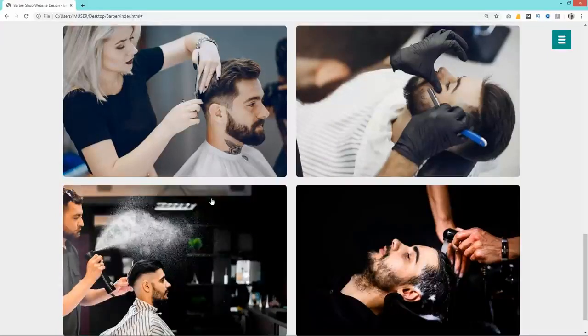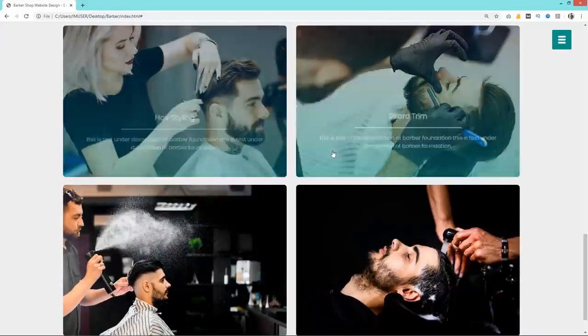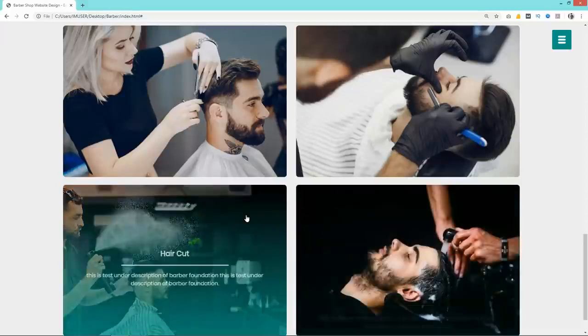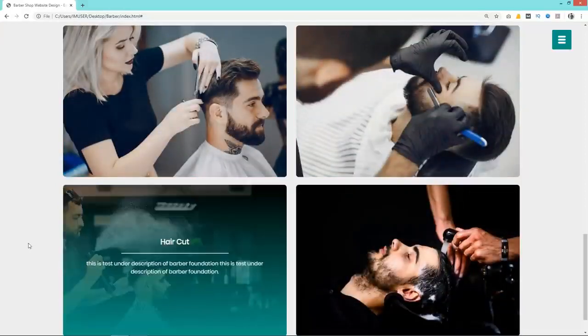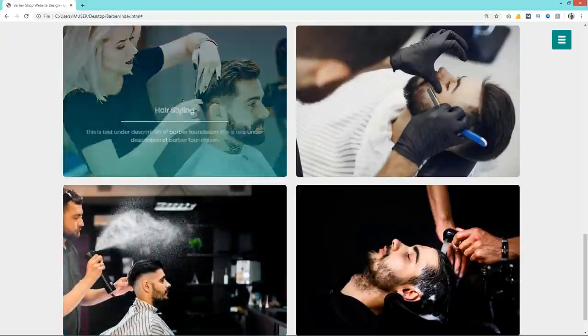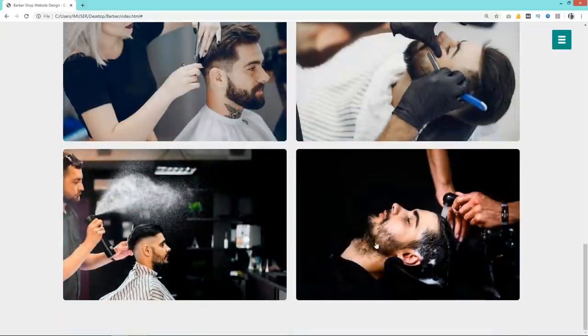Now you can see all the title and description are hidden. When I take the cursor over this image, it will display one overlay color, and also it will display the title and description of the particular service. Now I will change the screen size,